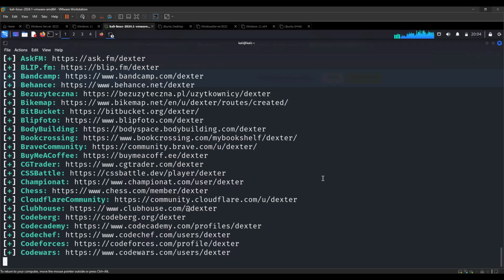Then one other tool we want to look at is a tool for email enumeration. And there's a use case we can look at for email enumeration as well. There are times you get email from different people.